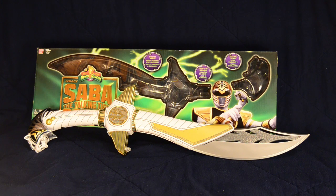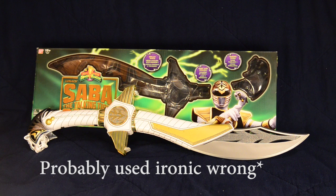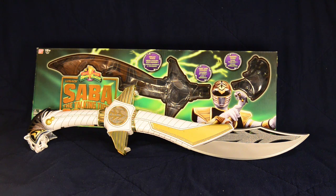Hey YouTube, after going to my local Toys R Us for about the last week and a half, pretty much every day going to a different Toys R Us trying to find this, I was able to find this one in the one that was pretty much closest to my house, which is kind of ironic. But anyway, now that I've been able to find the Legacy Saba sword, I'm going to do a review of